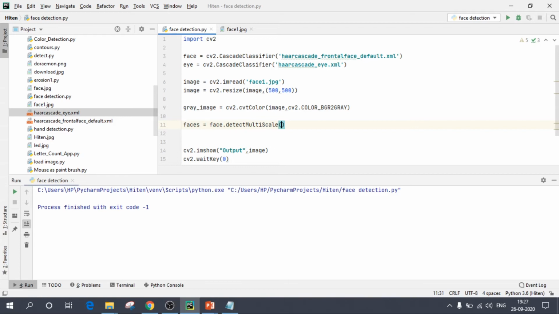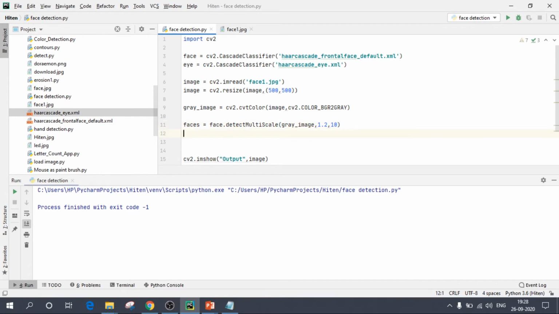So what does this function do? Basically, it will take the grayscale input image, and we need to pass two parameters. One would be this gray image. Second would be the scale factor, which will reduce the size of your image. Currently I'm passing 1.2, and the second would be the number of nearest neighbors around that image. Currently I'm passing 10, and then we'll change accordingly if we don't get the required output.